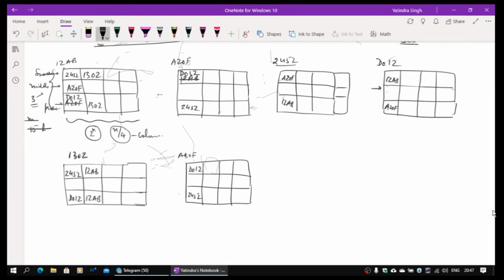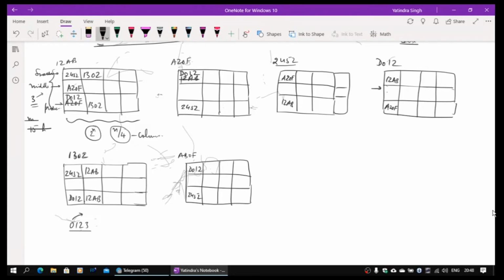So you want to find out a root node, say for 0123. How will that happen? You start with any node, say maybe AB0F. You will be looking for 0. When the 0 hash ID is being looked up, who will be the node which is higher than this? 0 certainly lies between D and 2, so you will hand it over to D012.